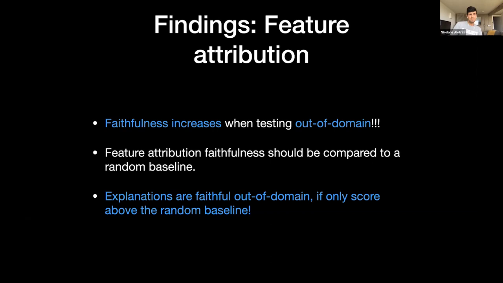and actually probably in domain settings as well, which is to compare it with a random baseline. So instead of reporting one score, we propose to use a random attribution approach as a yardstick and measure the difference between the feature attribution that you want to evaluate and the random baseline. Only if the attribution faithfulness is better than the random baseline, we can actually trust it as faithful.